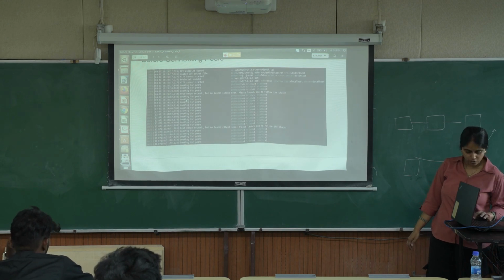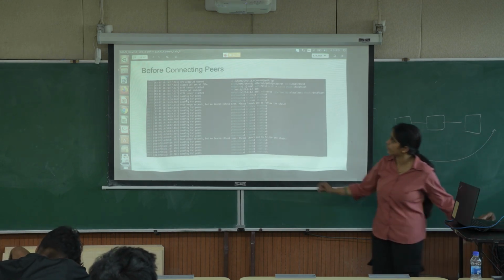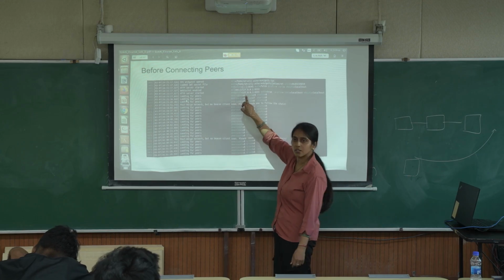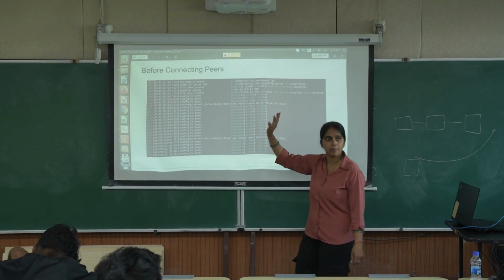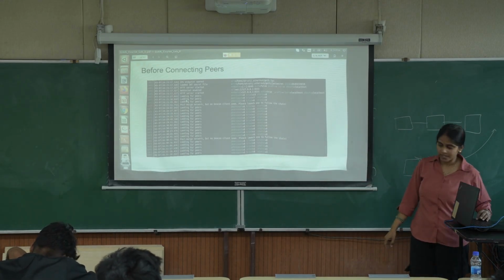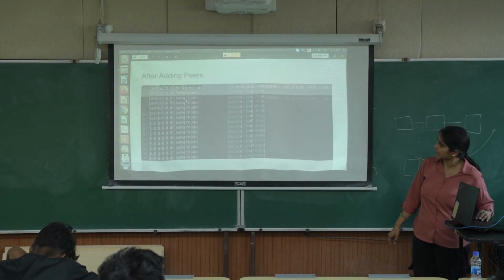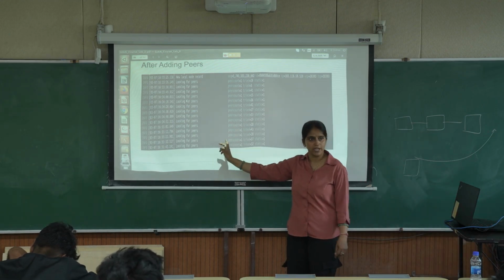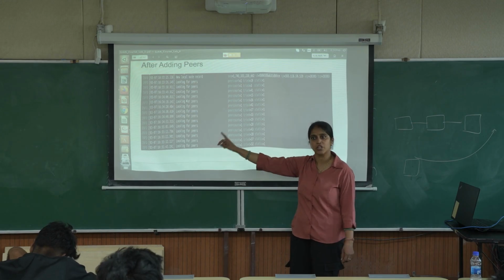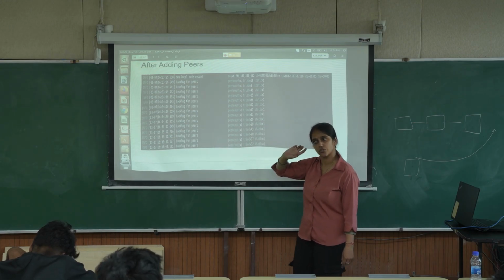Now, before connecting to peers, it will show me that peer count is 0. It has tried multiple times, but still it is getting peer count 0. But when I add the information, now it is showing peer count 1. When we enter the enode information, the peer count will change to 1.